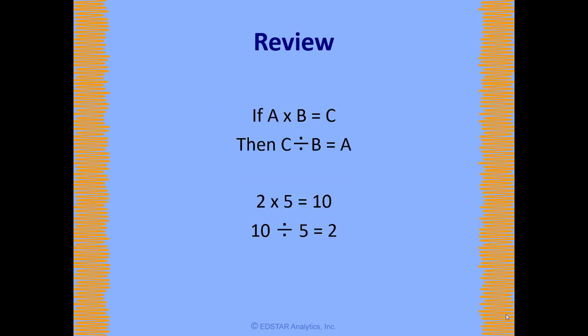Now, when you're doing the percent word problems, you'll get to a point in a lot of these where you've got two of the numbers and you're trying to figure out the other number. And it might be something like 1.6 times n equals 80. Well, you can't just try to think real hard and think, what times 1.6 gives me 80? Now, if the numbers are easy, like 2 times 5 equals 10, and let's say that 5 is missing, and so you've got 2 times n equals 10,